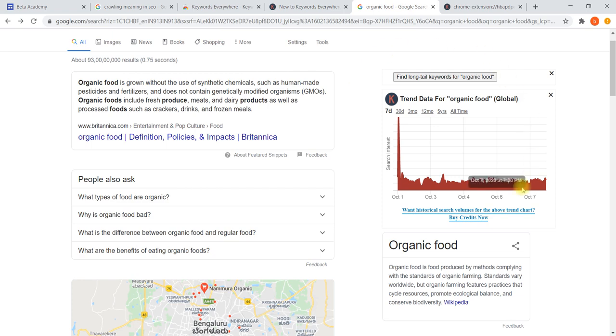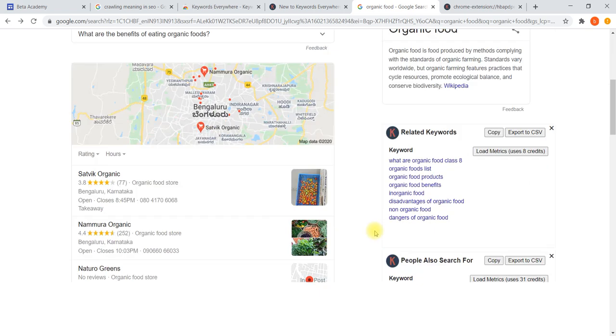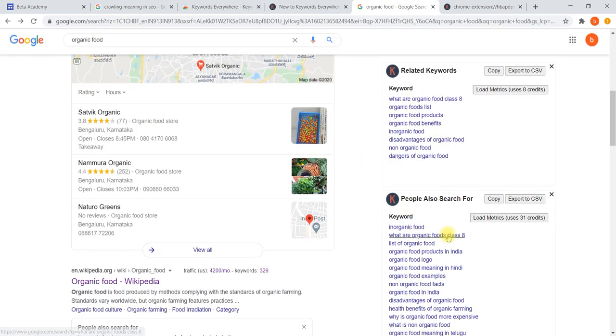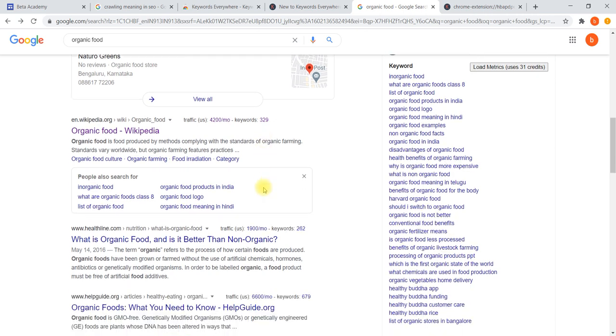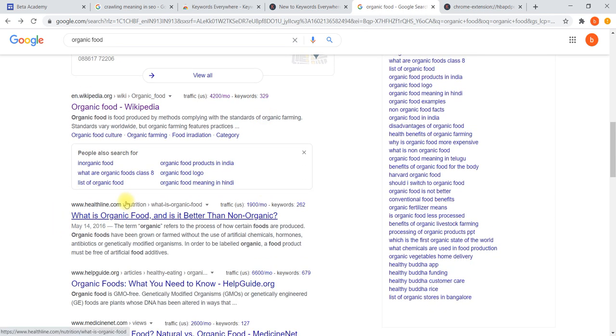It will give you in detail a trend as well as related words and related searches. It is similar to your Google Keyword Planner. It is also free of cost. Whatever you are searching in Google, it will give you insight about that, as well as how much traffic has been generated by the existing websites.